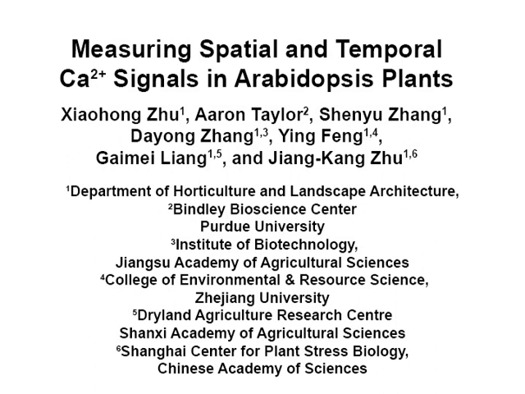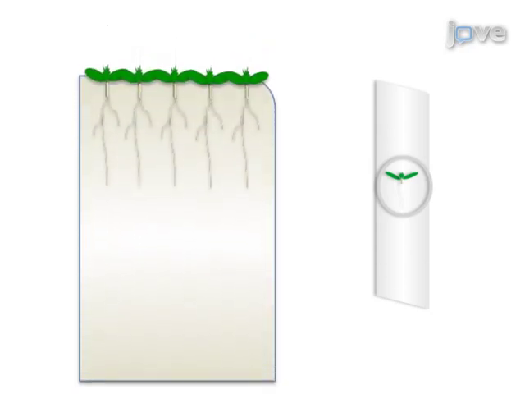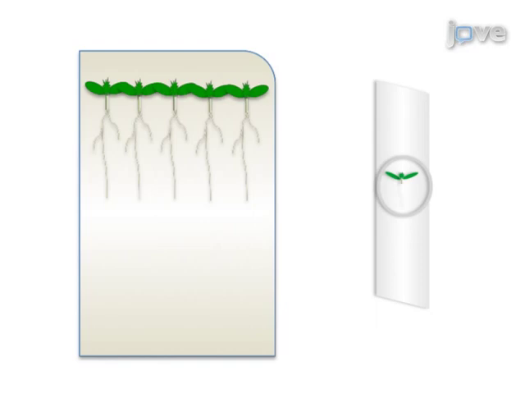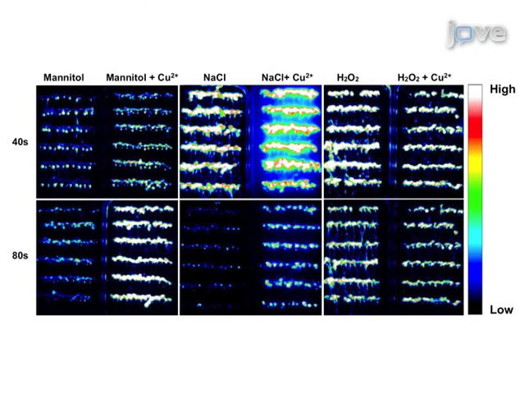The overall aim of this procedure is to demonstrate a method of monitoring the calcium signals at both the cellular and whole plant level. This is accomplished by first growing seedlings on the MS agar plate or directly within the imaging chamber. The second step is to transfer the seedlings onto an adhesive film or to keep them in the imaging chamber. Next, stimuli are applied to the seedlings to induce calcium signals. Ultimately, live cell luminescence or fluorescence imaging is used to show whole seedling or cytosolic nuclear calcium response respectively to